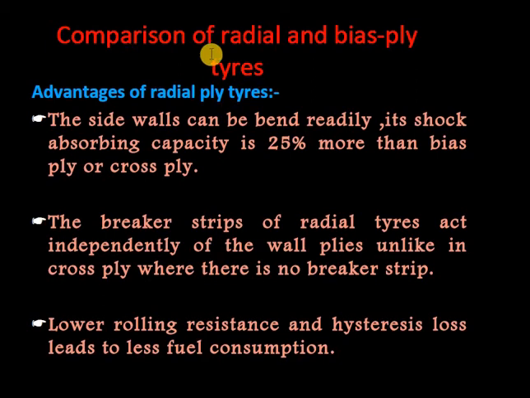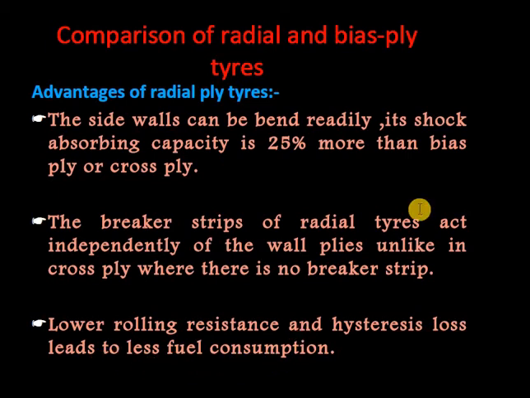The comparison of the radial and bias ply tires. The advantages of the radial ply tires: the side walls can be bent radially. Its shock absorbing capacity is 25% more than the bias ply and the cross ply. Another, the breaker strips of the radial tires act independently of the wall plies, unlike in a cross ply where there is no breaker strip, and also lower rolling resistance and hysteresis loss